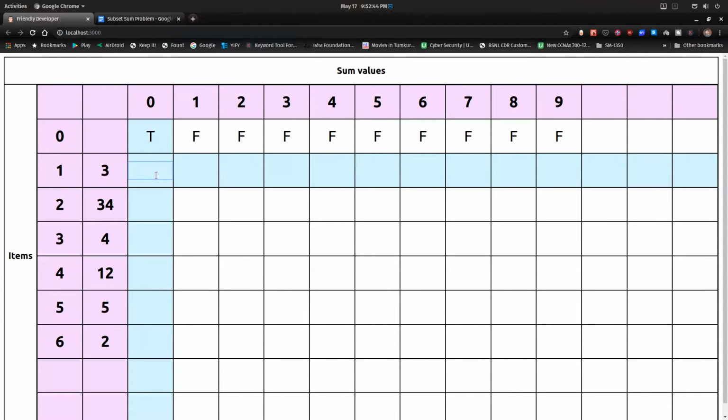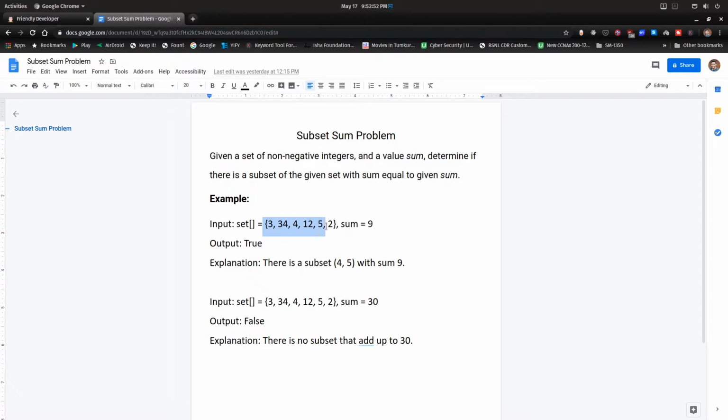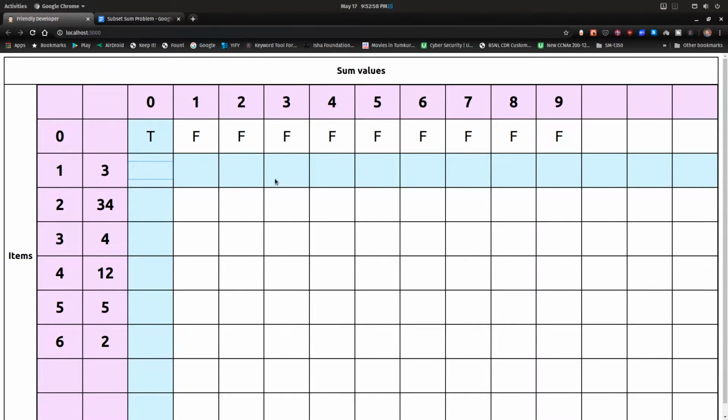Now coming to the second row, we are considering the sub-problem which has only one item, that is 3. So assume that the whole problem had only a set containing 3, and we go on solving for all the sum values. If it had only 3, then to sum up to value 0 it's possible. To sum up to 1 it's not possible because 3 is greater than 1. Similarly for 2 it's not possible.